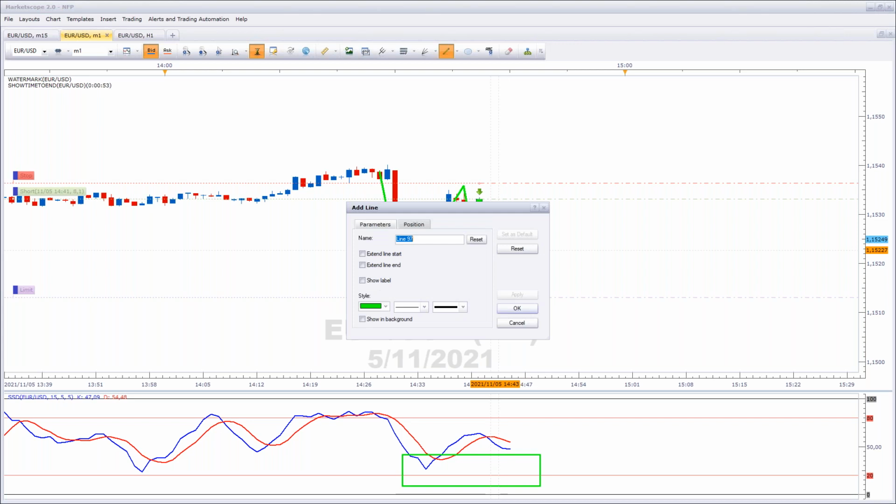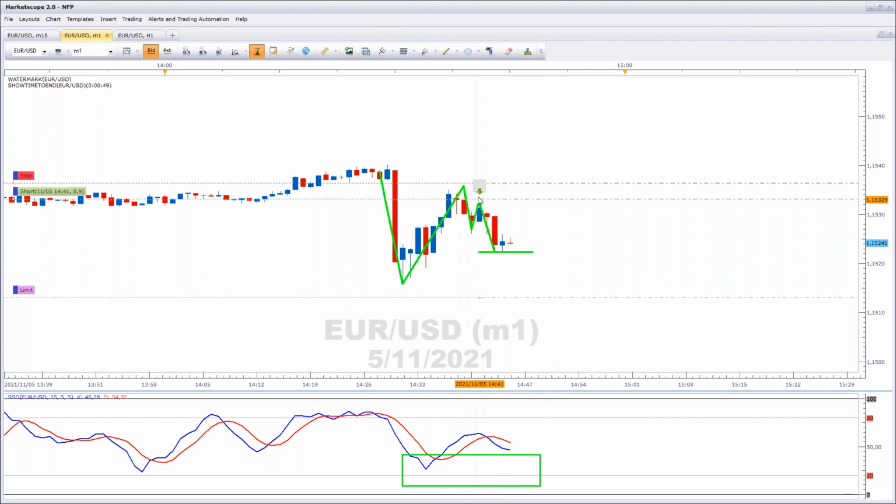So there you can see there's the peak, trough, lower peak, lower trough. Now there's a bit of support that we are betting against.